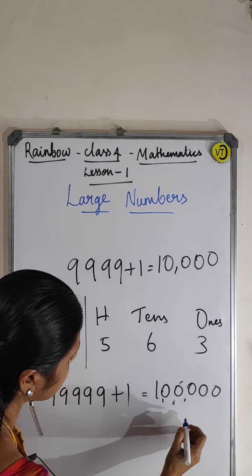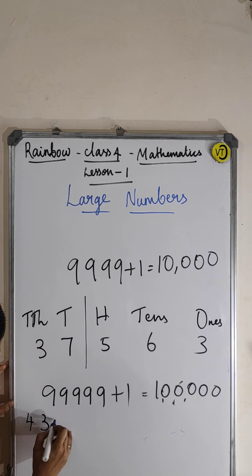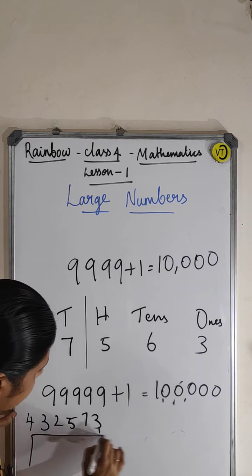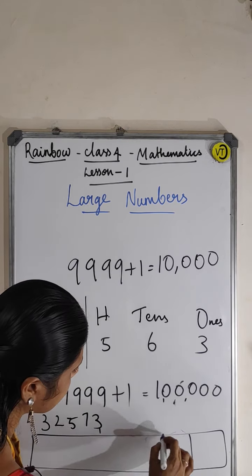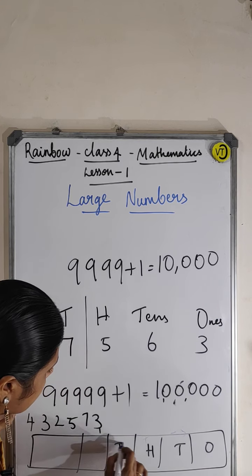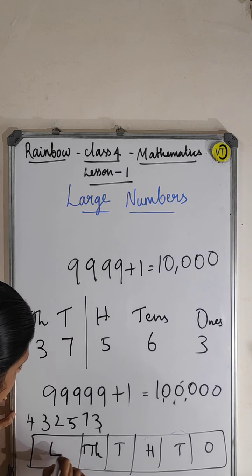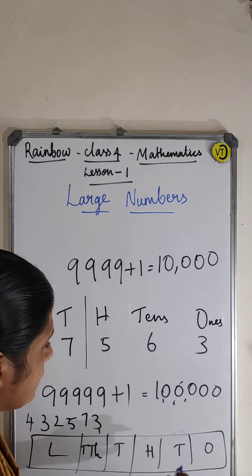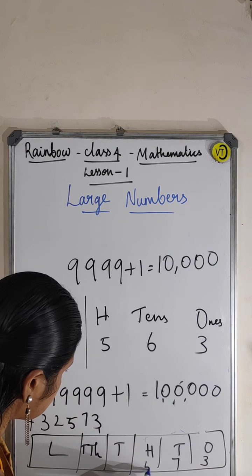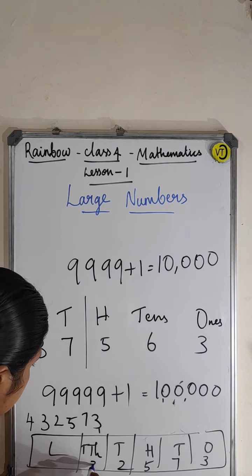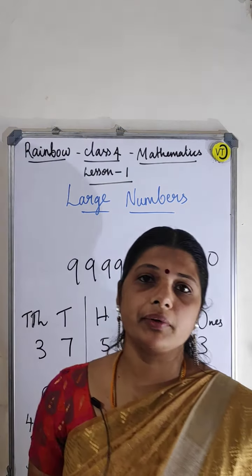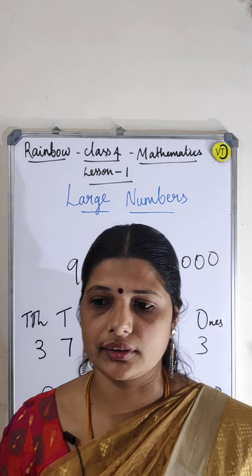Now the place values also I am going to tell you. How will it be? See, one number I am taking: 4325573. Okay. How can you write this here like this? So ones, tens, 100, 1000, 10,000, and then lakhs here. So this is 3, this is 7, here it is 500, 2000, 3 10,000s and 4 lakhs. Okay. So the 6-digit number will have the lakhs also, it is added here.